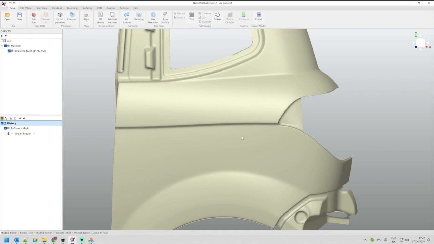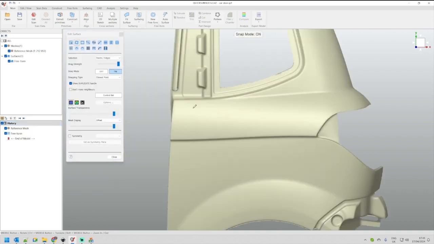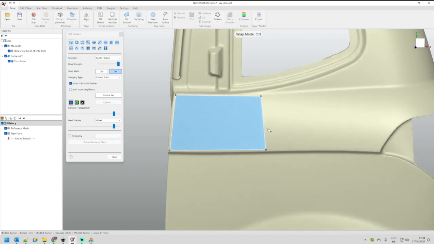As you saw, one way of doing this is by creating a 3D sketch and then using a few surface commands. But also what you can do is use our freeform tools, which I'm going to show today. The freeform is available on the main toolbar. You can learn from the tutorials how to use this in detail. But for now, I'll just create my patch network here, which works like this,